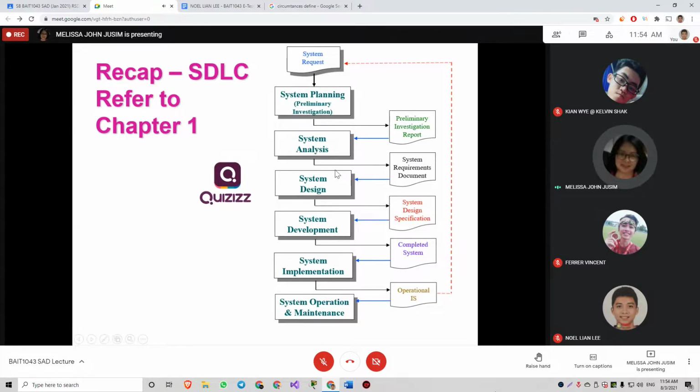And previously, we managed to finish system design, whereby in order for the SA to come up with the system design, he needs to go through the requirements document first. Go through the requirements document, like what are the functional requirements of the system, the non-functional requirements of the system. Okay, how does the SA know all these requirements? We have learned the interviewing technique, questionnaire, which you also have done for your case study, right?